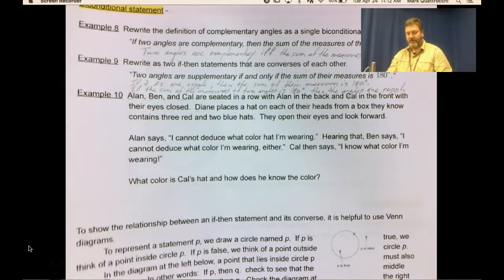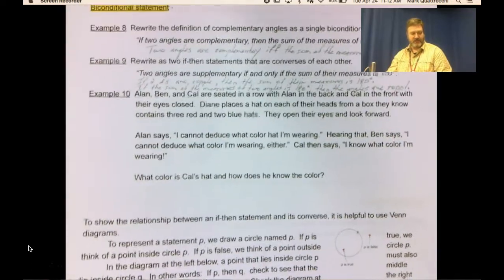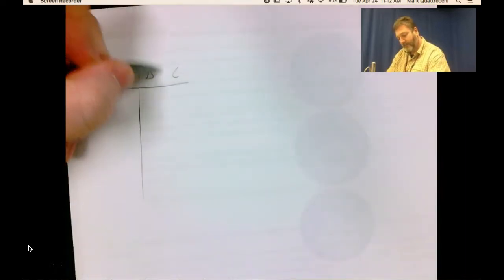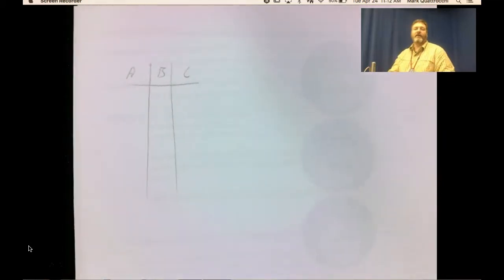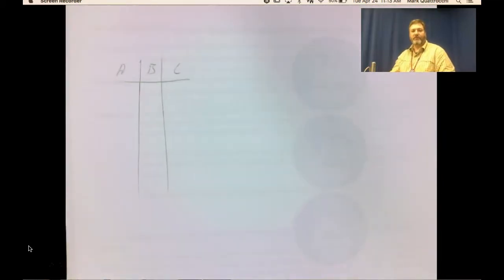So, to do this, I'm actually going to steal this blank piece of paper here, or this blank side, and I'm going to make a chart. Alan, Ben, Cal. And I'm going to make a chart of all the possible ways that the hats could be placed on their heads. Okay, remembering that there are 3 red hats